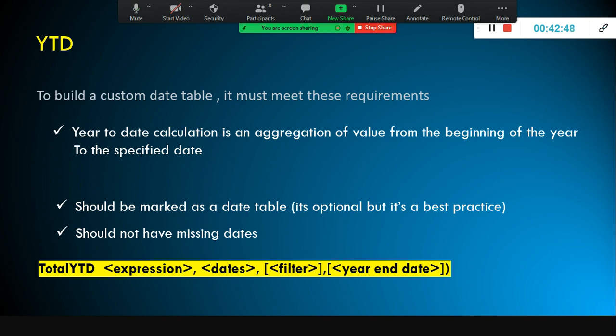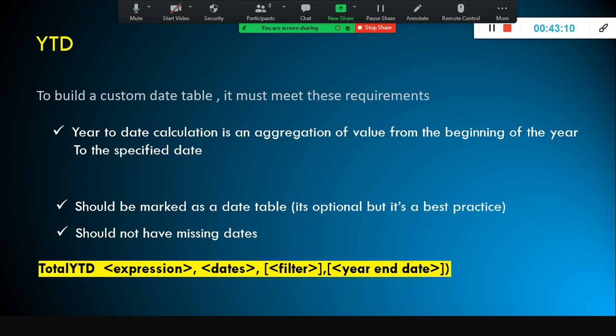So if a fiscal year begins on 1st April, then year to date is referred to from then until the current date. So that is what year to date is.